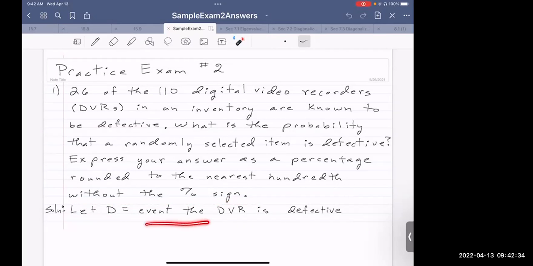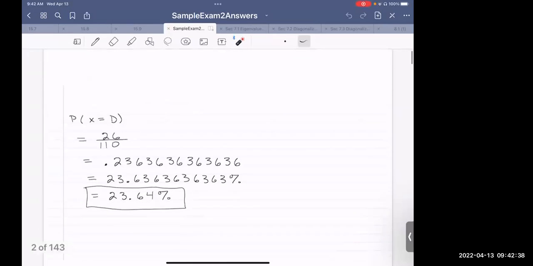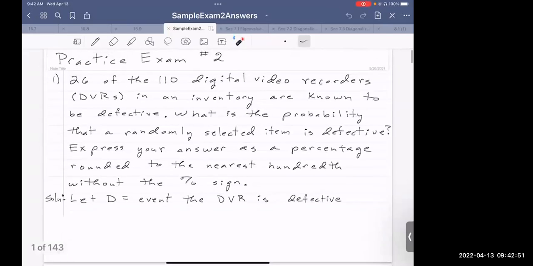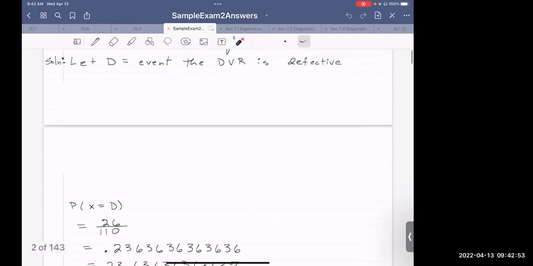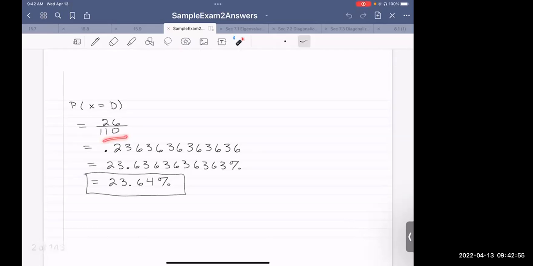Let D be the event that the DVR is defective. I want to find the probability that the randomly selected DVR is defective. Well, 26 of the 110 are defective. And so I get